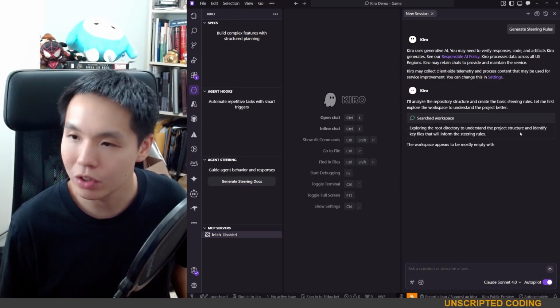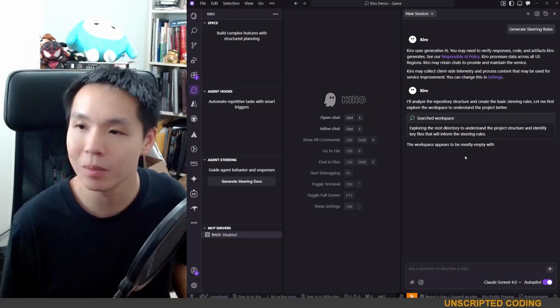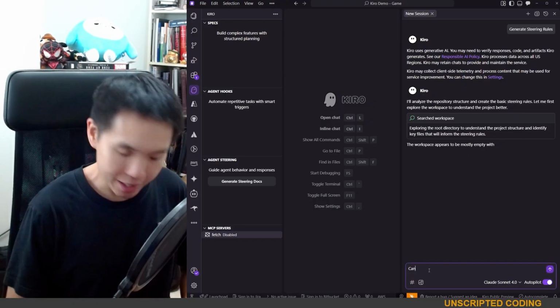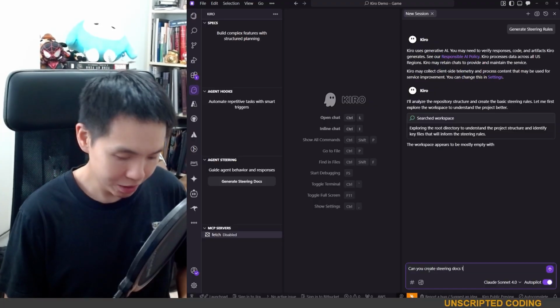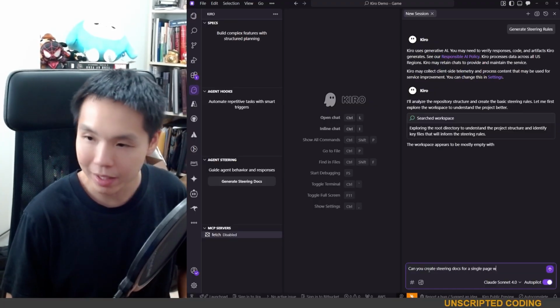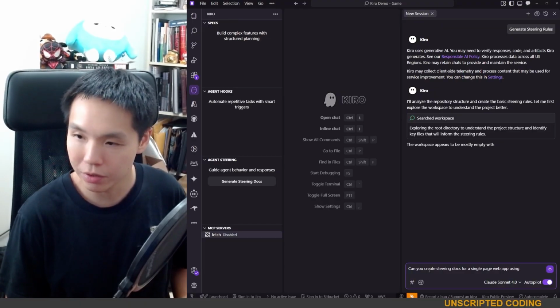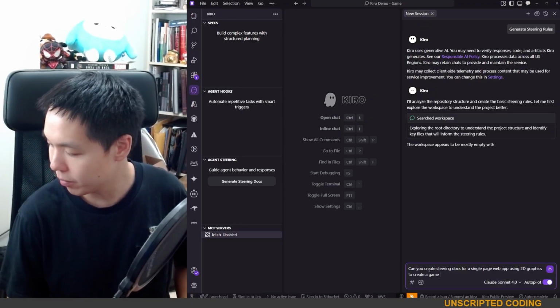And I am going to turn off the automatic because sometimes it assumes I'm opening an existing project. Instead, I started a brand new one. So can you create steering docs for a single page web app using 2D graphics to create a game in which